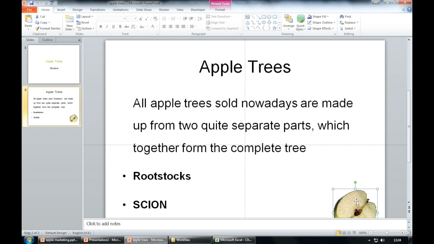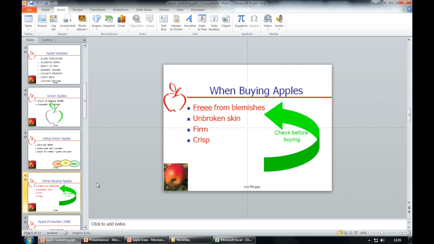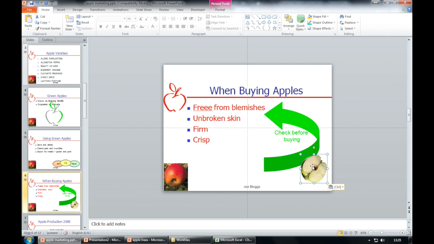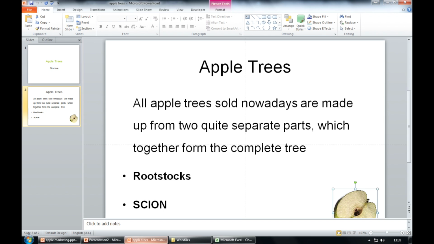So if you select the image and over here under Home again go Copy, minimize this one using the minimization tool in the top right hand corner, then select where you want to paste it, so it says in slide 6 in the bottom right hand corner. So if we click here and click Home, Paste, our apple should appear, and we can move it slightly to get it in the bottom right hand corner. Then we need to save both presentations. So we need to save this one, File, Save, and for our Apple Trees one it's asked us to save it and close it. So we can File, Save, and then we can close